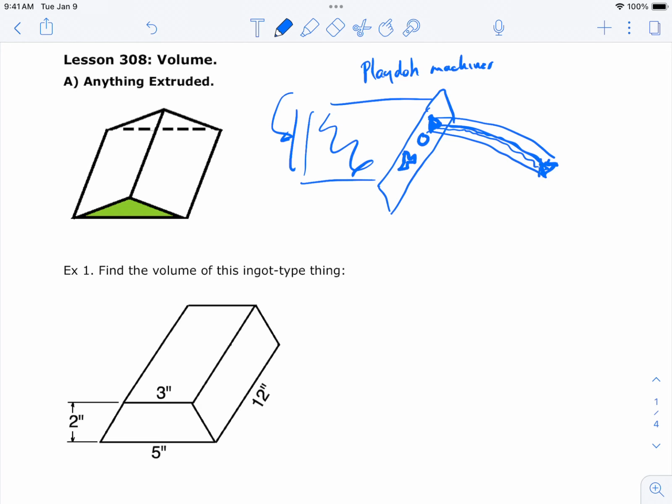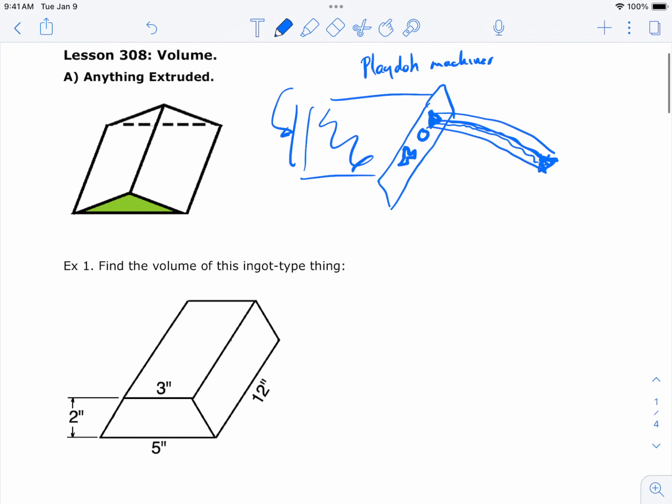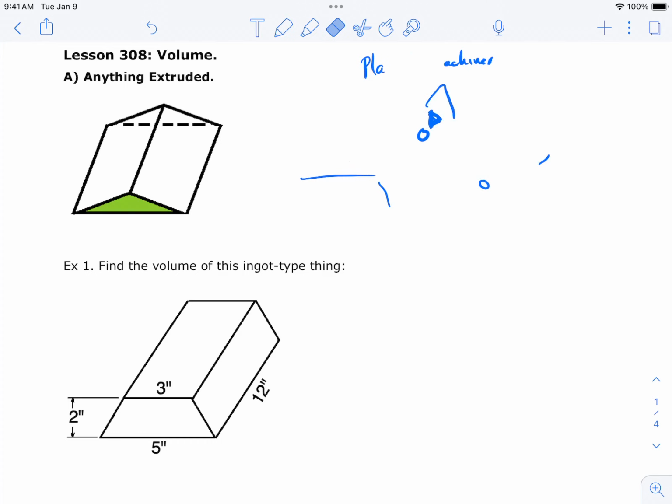you're getting this, well, we call it a prism, actually. This would be a triangular prism right there. This would be a cylinder, I suppose, if you had a round hole. Whatever shape that is, you'd have a blankety-blank shaped prism coming out. Okay, so anyway, if you have a situation like that, or if you can at least imagine a situation like